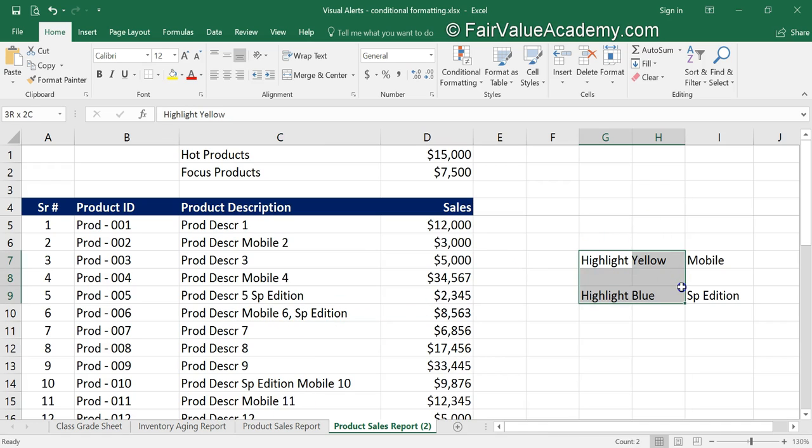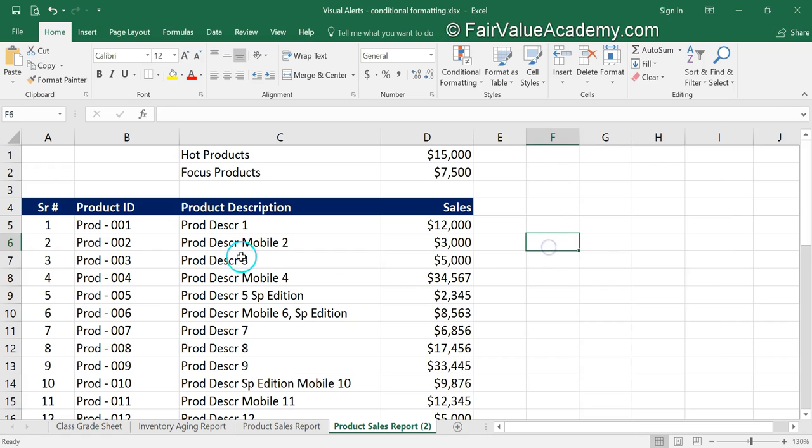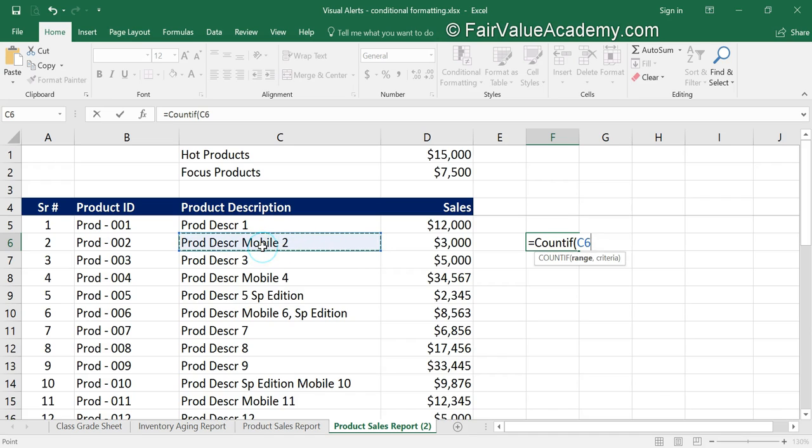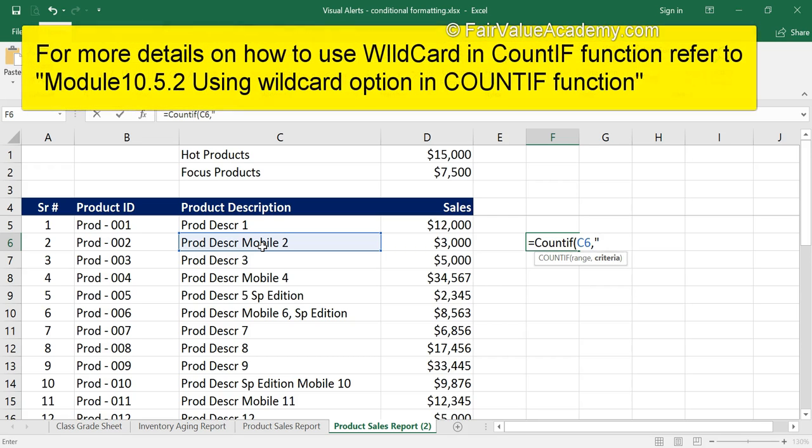Okay, before we apply the formula, let's understand how exactly we are going to do this. In order to search for text which is mobile within the description, we will use COUNTIF formula. COUNTIF open bracket, and we'll look for the description cell, and within that cell we will search for a wildcard entry with mobile.